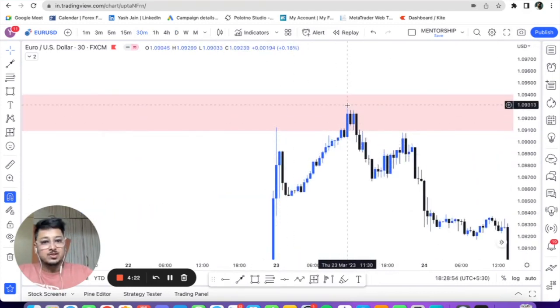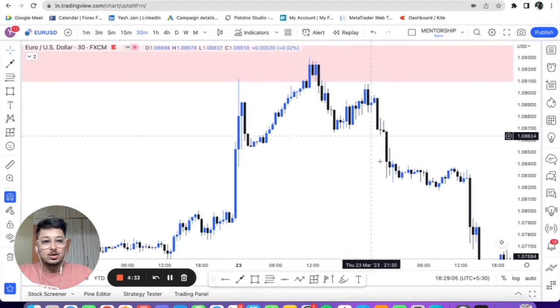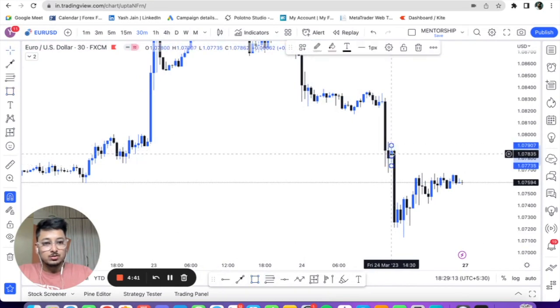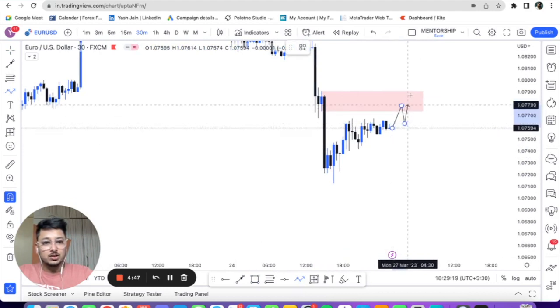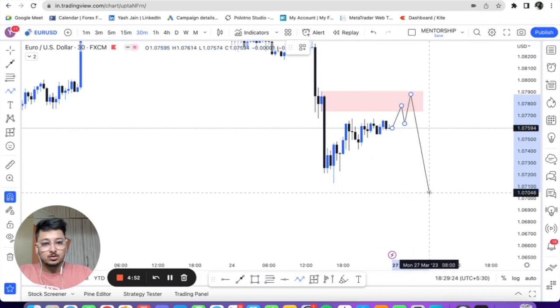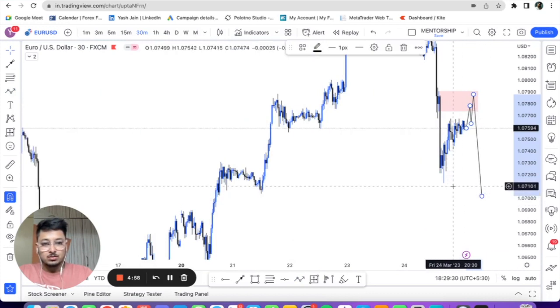When we break above a previous day high, there's a very high chance that we will reverse back down again. That is why my bias was very simple, to give a short opportunity over here. So now what I'm expecting is a simple expansion towards the supply area, so I'm interested to short this again. You can simply wait for any price action into this supply area and target anything lower than this particular low. Any low below this would be a good target.